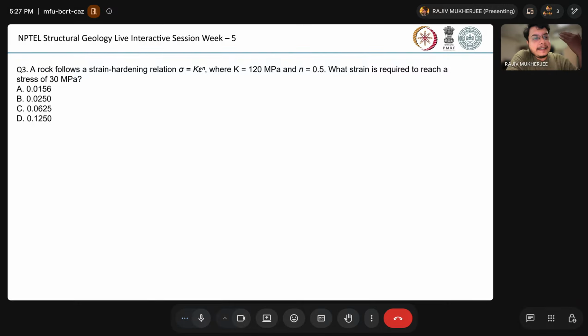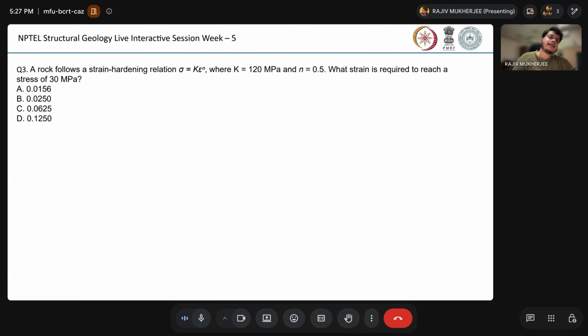Post yield, after the material yields, if it takes a higher amount of stress to increase the strain by a unit amount than it did previously when the material was yielding,